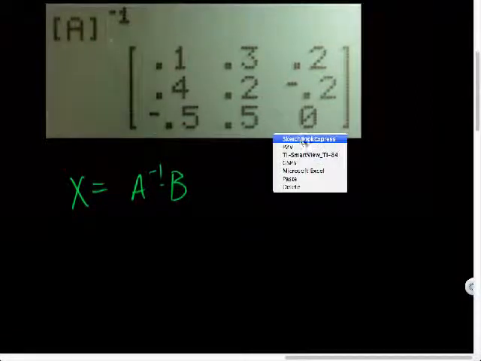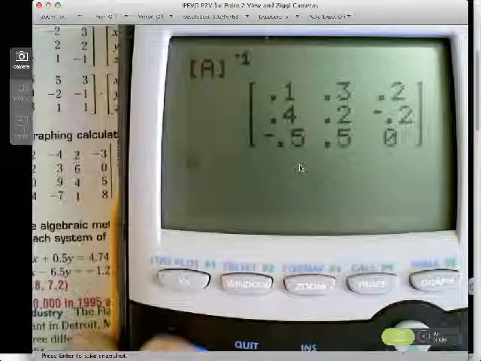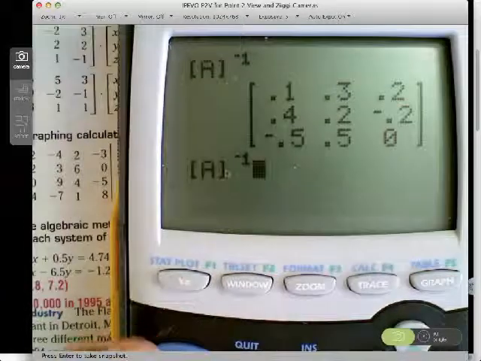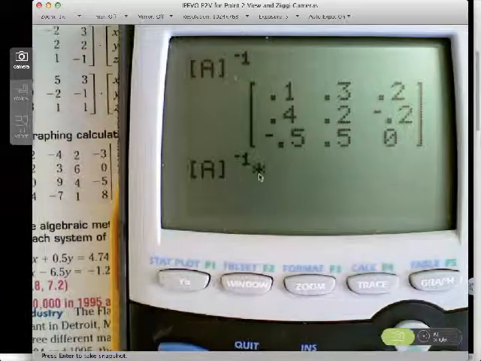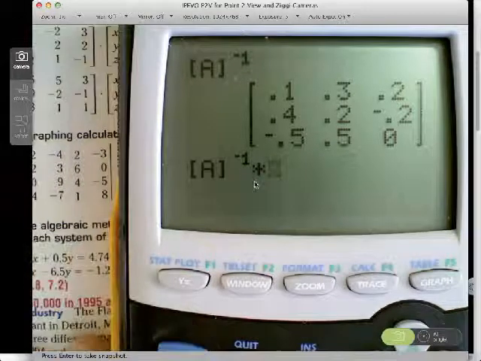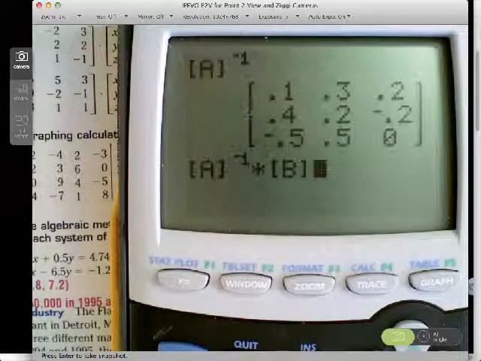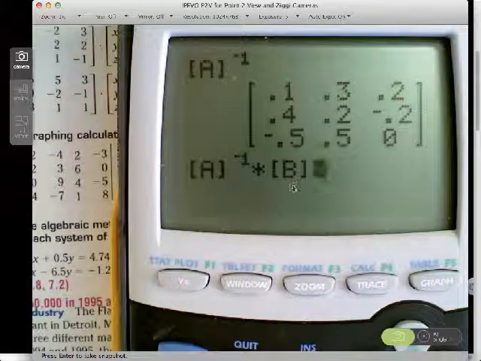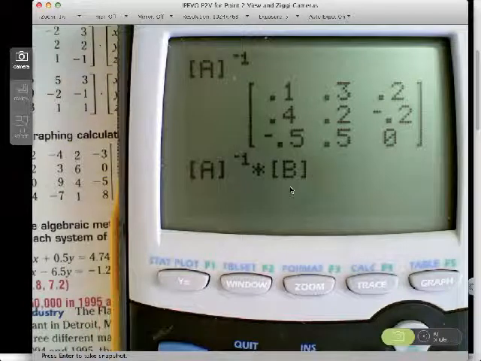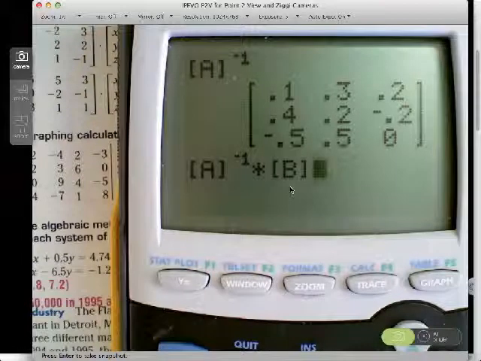So on El Calculador, go back to this. Let me just hit second entry to pull that up again. So I've got A inverse, and I'm going to hit multiply, plain old multiplication, right? And I want to multiply by B, so I go back to my matrix menu and go down to B in the names, and I've got A inverse times B. What size am I expecting this matrix to be? 3 by 1. Let me hit enter, and